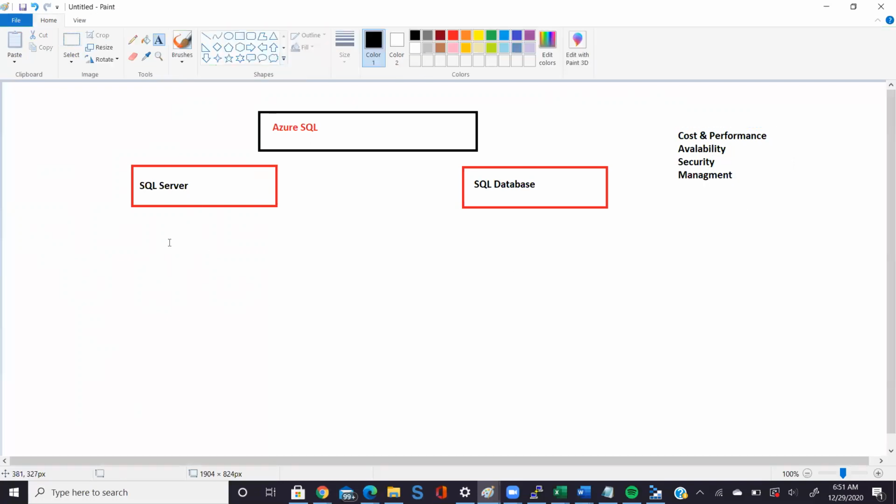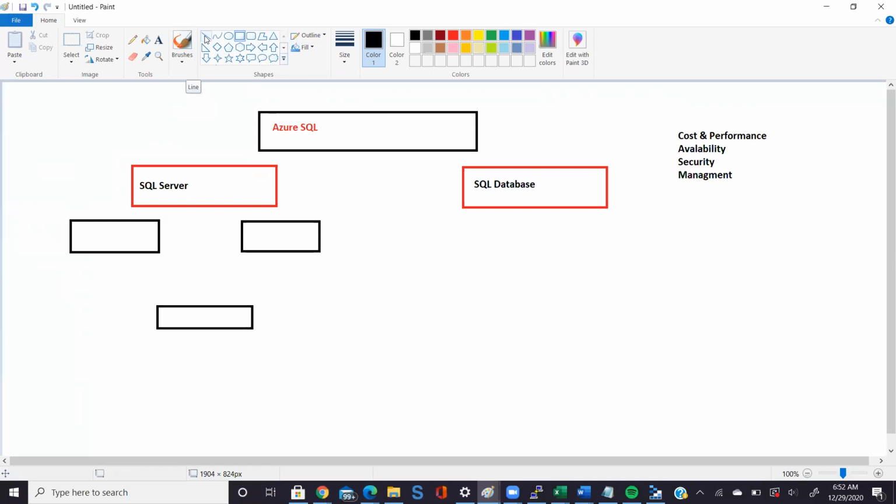So from the availability point of view, SQL Server says that you can have servers like server 1, server 2, server 3. Why 3 servers? Maybe if one server is down, you still have a chance to connect to another server, right?